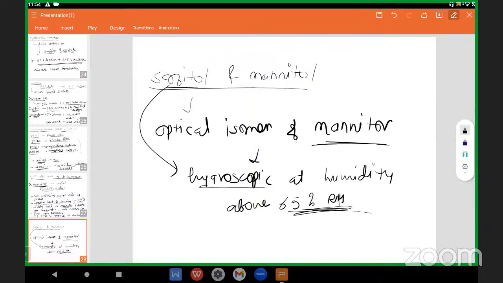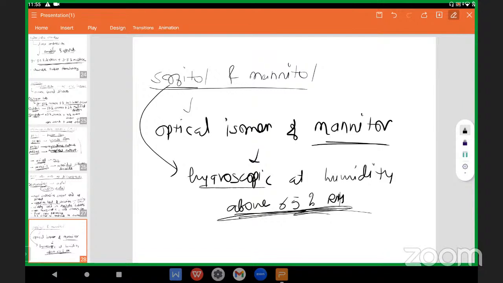But that is not a major concern, because suppose if we are using the chewable tablet, then fine. But if we are using the other formulation, then that will not be the major concern. I'll check once again. Don't worry. But yes, we can use sorbitol also. No issues. But this is the major disadvantage of the